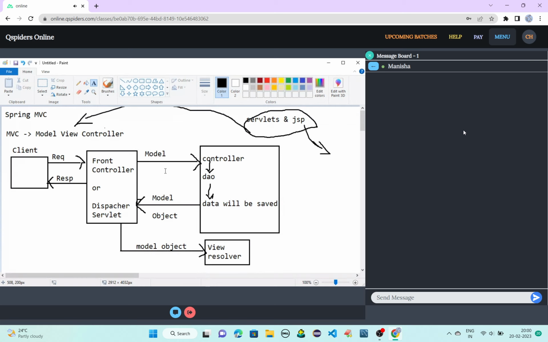That's all. The terminology they use here is model, view and controller. But in simple words, it is data, it is a Java object, and then it will send the object in form of browser understandable object. That's all. But all these terminologies you should know, so I am just using them repeatedly.